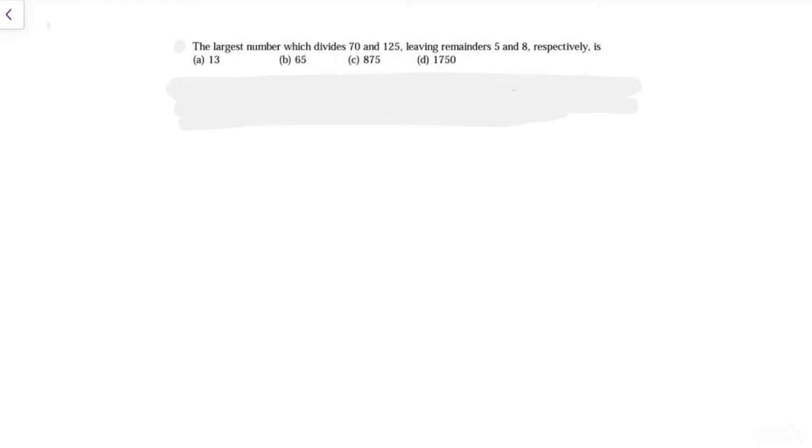The largest number which divides 70 and 125. As I already said in the previous questions, whenever these kinds of questions come, we need to check for logics first. If logics are not applicable, then only is it necessary to solve everything, because with MCQ questions we always need to check for time consumption. Without knowing, we will spend a lot of time on MCQs. So that is the reason we should be very careful while dealing with multiple choice questions and choosing the correct answers.